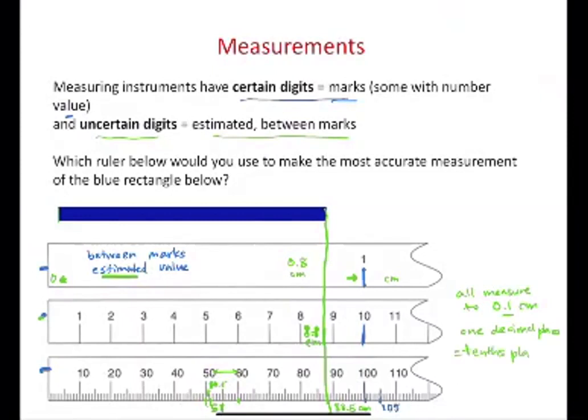None is more accurate than the other. They all have the same precision, and they are all to 1 decimal place out. So to answer this question, which would you use to make the most accurate measurement? Even though this has the most marks, they all have the same precision, which is to 1 decimal place out. In general though, the more marks on a measuring instrument, the more precise it can